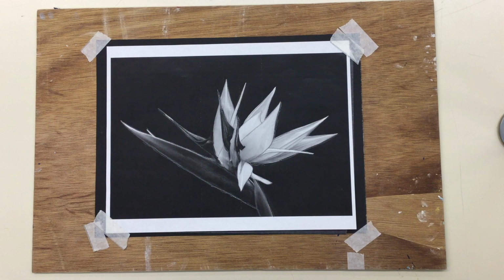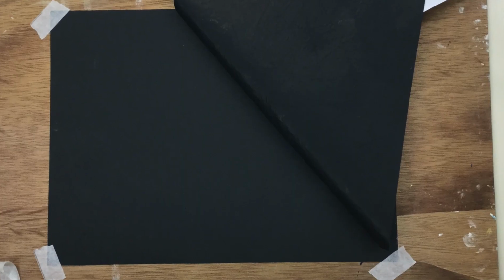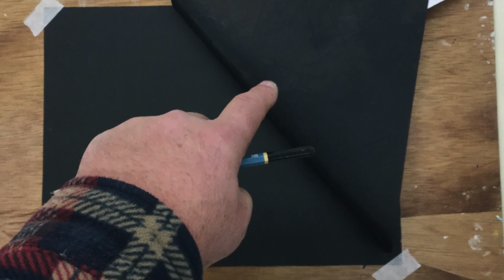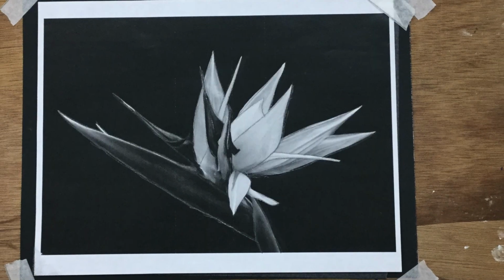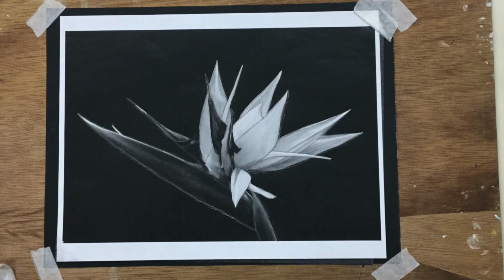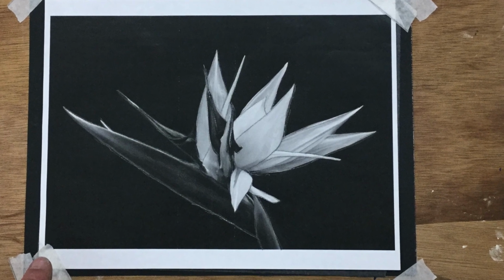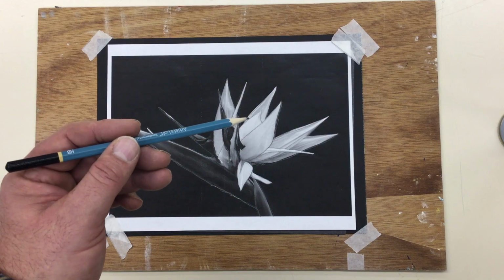You're going to take the carbon copy paper, shiny side down. You're going to lay it down on top of your black canvas first, and then place the photocopy print on top. Then with your pencil or a hard ballpoint pen,